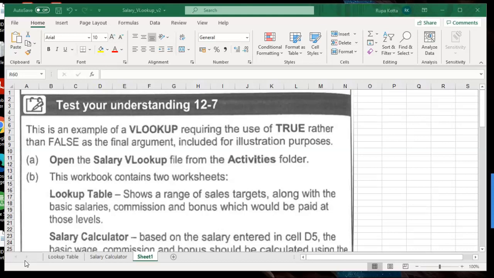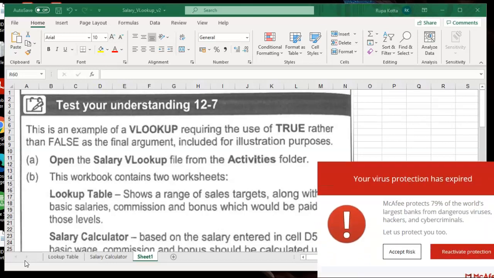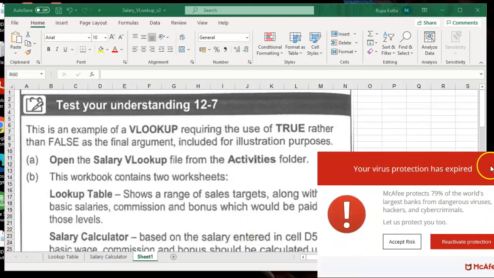We discussed the VLOOKUP formula already. VLOOKUP looks for a value in another sheet based on the information you have given. So we are again using the same VLOOKUP. The previous VLOOKUP task we did was quite simple. This one will go into more detail on how to do that particular section.